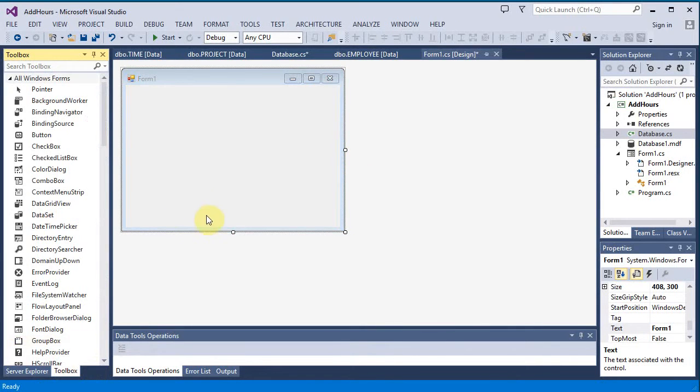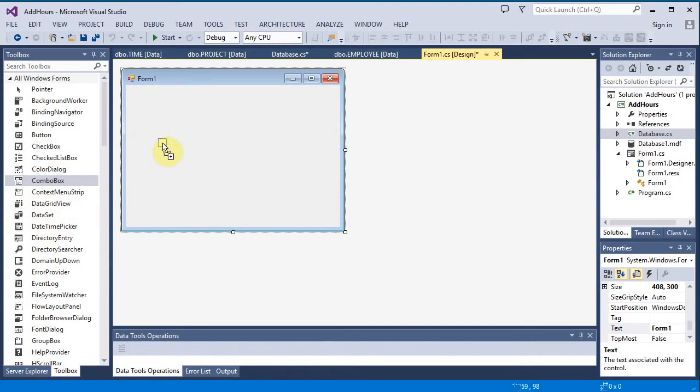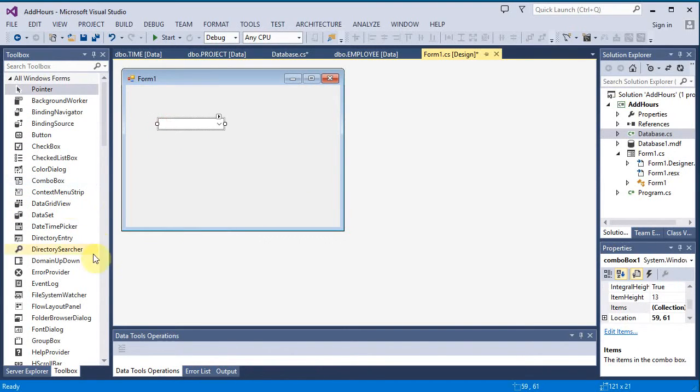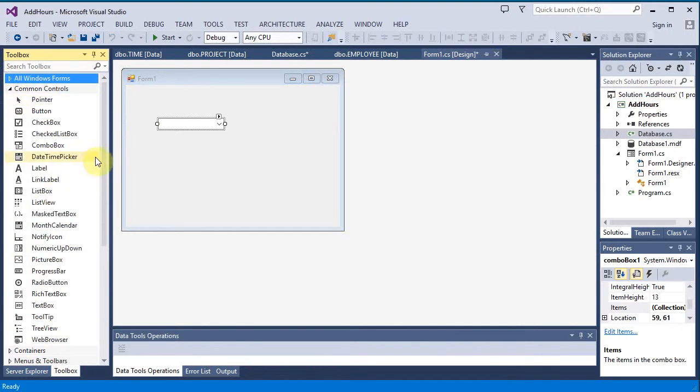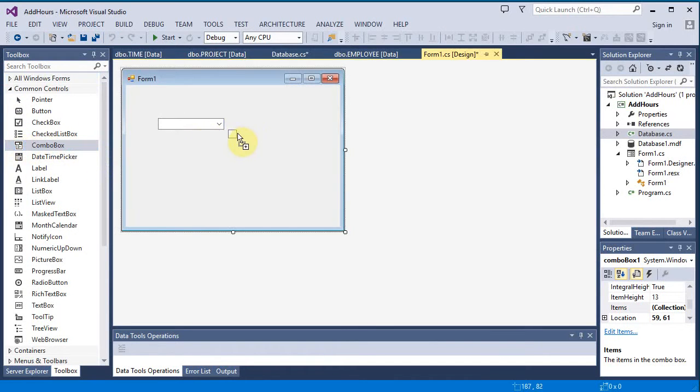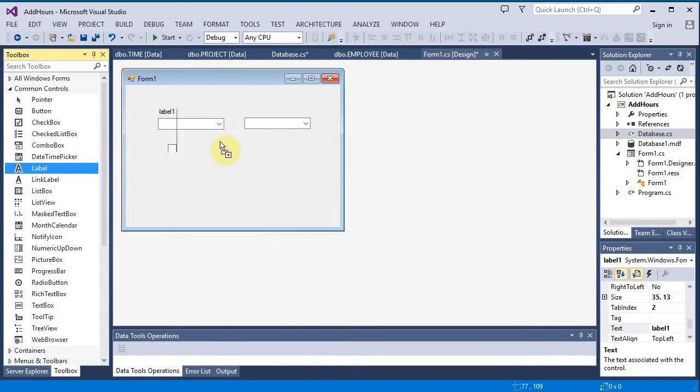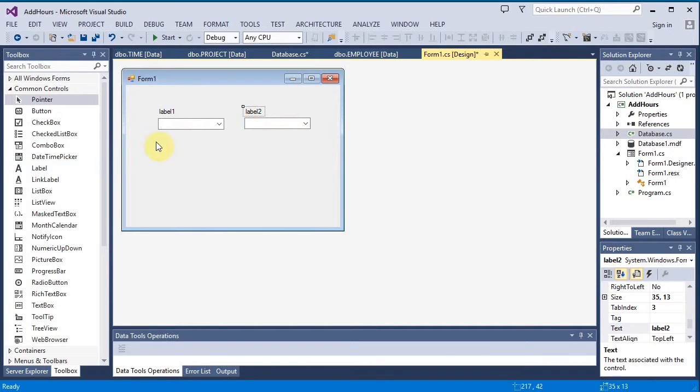Let's go to the toolbox, and I'm going to put a combo box here, and I might as well put a label on top. I'm going to put another combo box here, and a label on top of here,